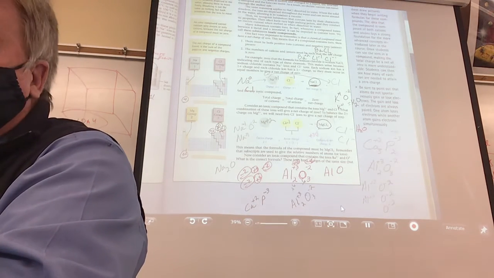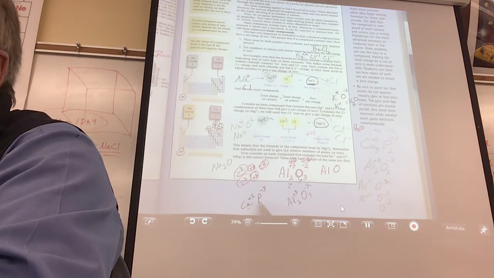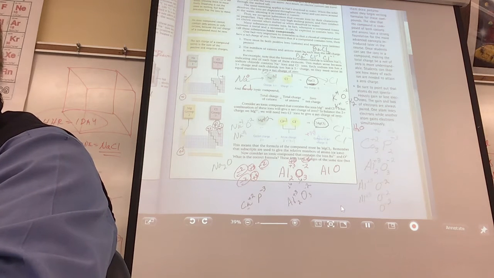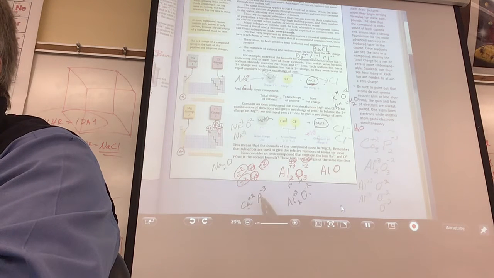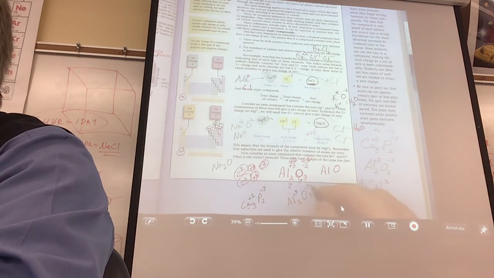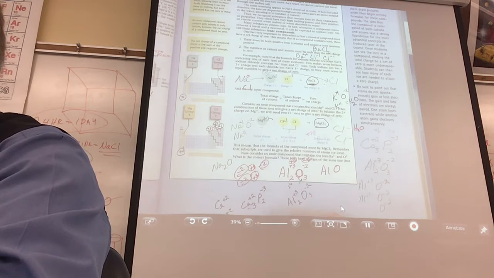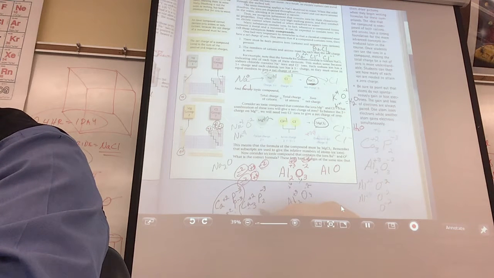All right, so it's going to gain 3 electrons, but this is not going to work. That can't be a compound because it doesn't add up to 0, so we need to make them both 6. Yes. So you're going to have 3 calciums and 2 phosphorus. Wow. And if you had 3 calciums, +2, +2, plus 2, and you had 2 phosphorus at -3, would that add up to 0? So what's the formula?